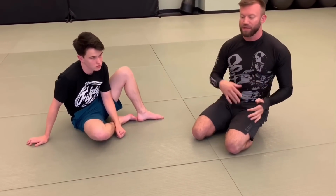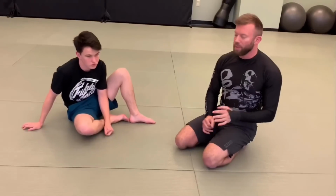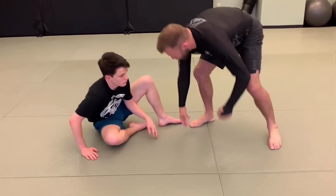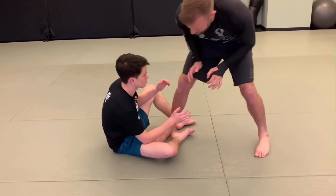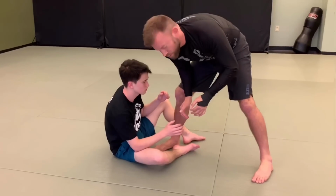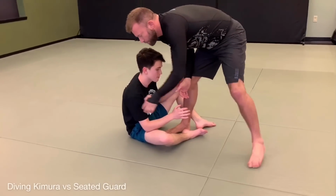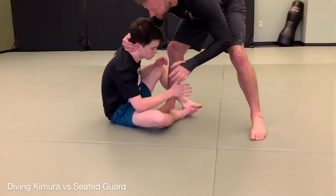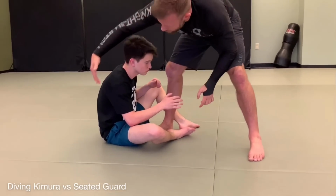So another one worth mentioning as we're moving through these positions, rather than just standardized positions like mount, guard, side control, back mount, knee on belly, is what about standing versus seated? So if Riley's playing some kind of seated guard with me like this, my foot's gonna step inside in between his legs, and then I want to see if maybe I can get him to open the wedge on this side over here. That might be me clubbing his head, it might be me grabbing his wrist,